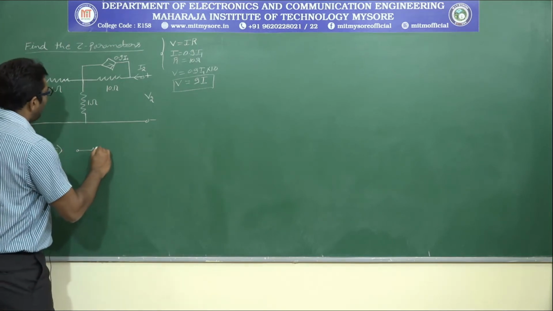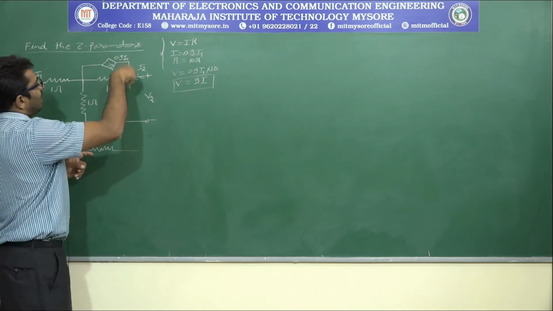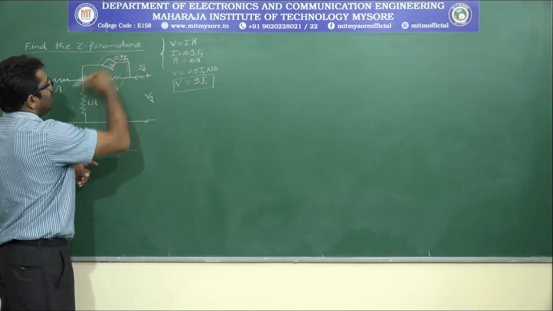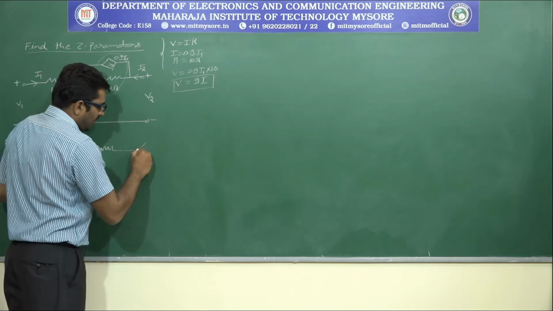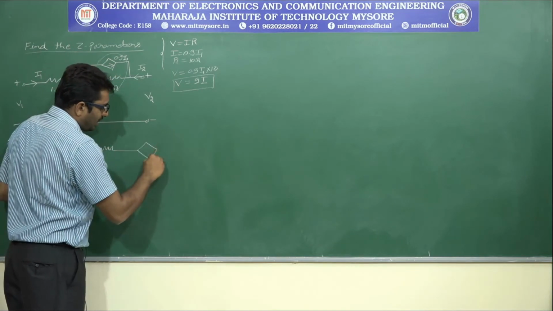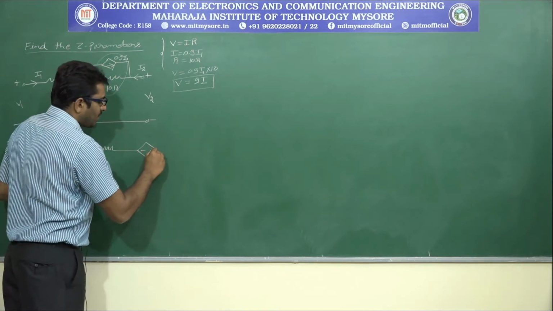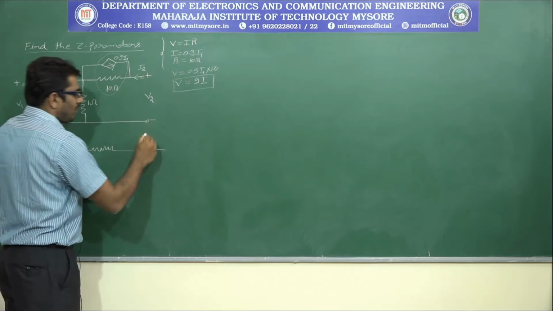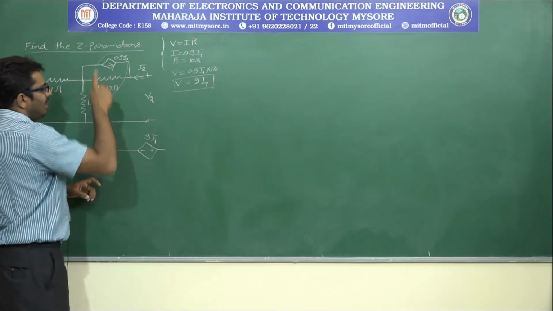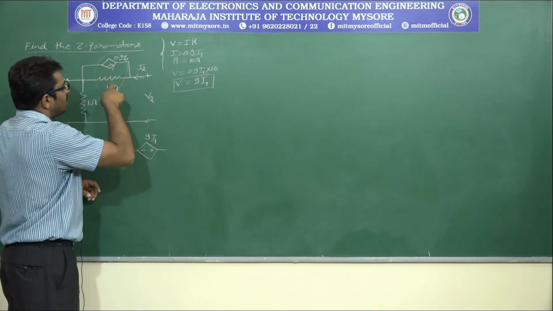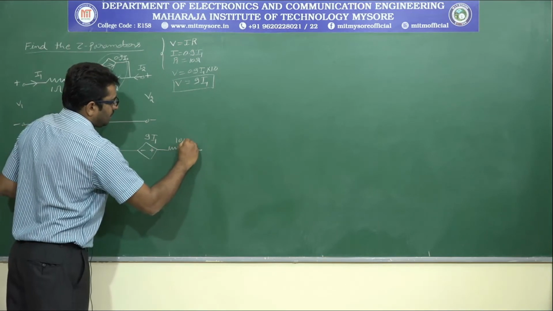So, let me rearrange this circuit. First, 10 ohm, 1 ohm resistance. Next, this practical current source is replaced by a practical voltage source, right? According to this polarity, dependent sources are represented by a diamond symbol. According to this direction, what is the polarity? Minus to plus. What is the voltage source value? 9 I1. Then this practical voltage source comes in series with this 10 ohm resistance.